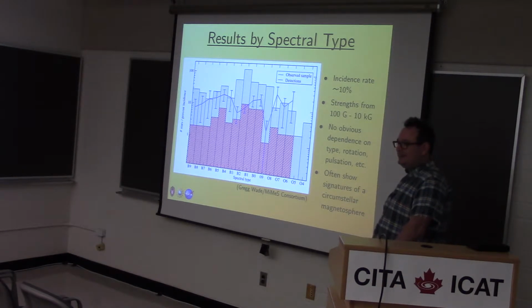And sort of trying to look at the numbers here, would you say that 10% is consistent over a range of spectral types? Yeah, I mean, this curve is essentially flat, at least within the uncertainties. So there's no obvious dependence on spectral type, there's no obvious dependence on rotation rate, whether there are pulsations present or not. The arguments that these fields are generated by a dynamo process are difficult to support if that dynamo process isn't correlated with any other properties of the stars.